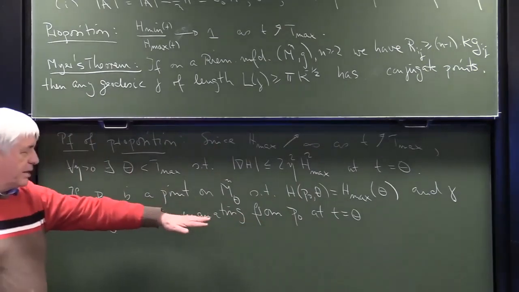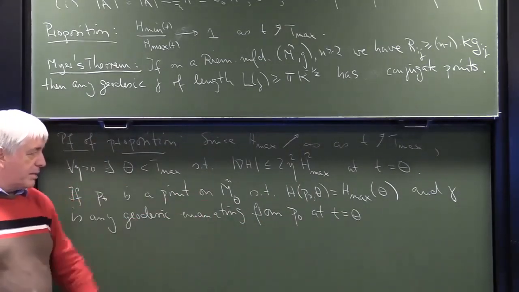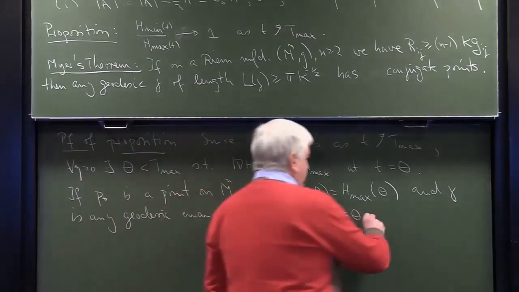So we take the Riemannian metric now as the induced metric at time theta. Then along gamma,